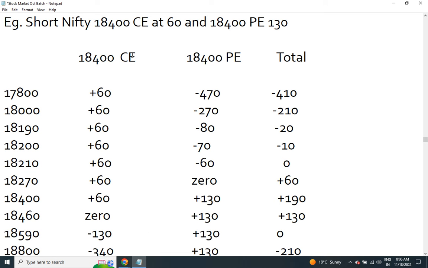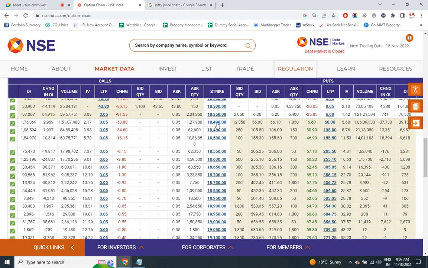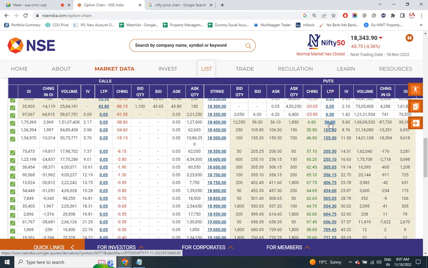Alright. So here the strategy is short Nifty 18,400 call expiry and 18,400 put expiry. Both of these premiums together, what we sold is 190. Would we be in profit had we taken this strategy? Let us calculate. What has happened to 18,400 call expiry? It has become 0. So full 60 points we have gained there. And 18,400 put expiry has become 56 rupees. We have gained another 60 rupees here.